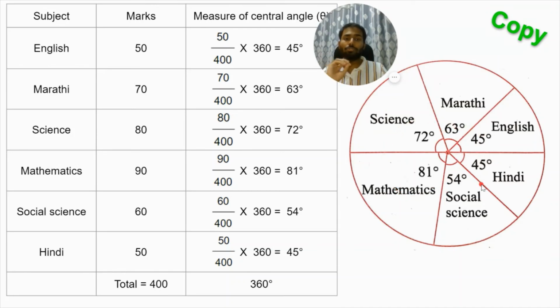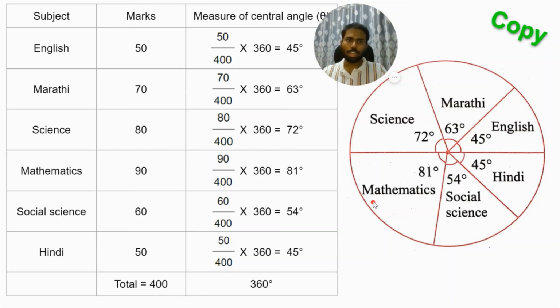The circle should look very neat. If it is not neat, if I see some cancellations, if I see some corrections made, then you might lose your marks because of neatness. And this is true for all diagrams: histogram, frequency polygon and pie diagram. All these 3, whenever you have to draw a diagram, if it is not neat, the examiner has the right to deduct a few marks of yours. So we are also done with our second sum now.